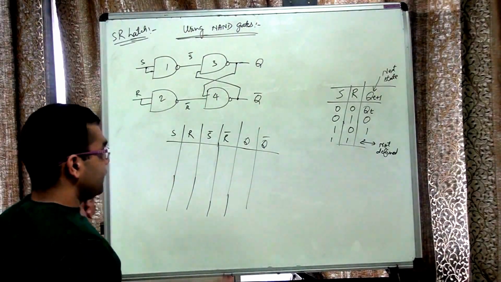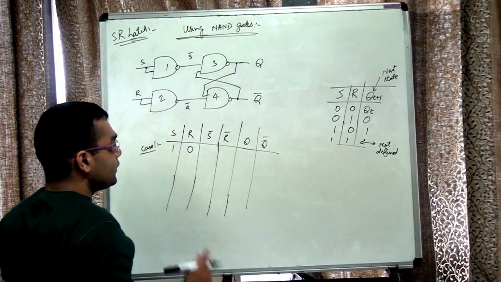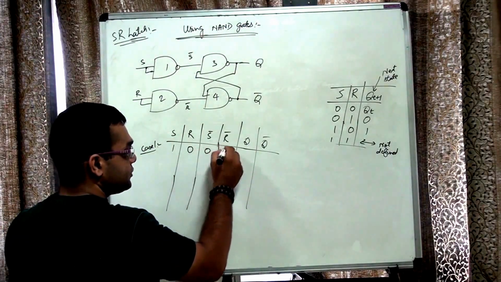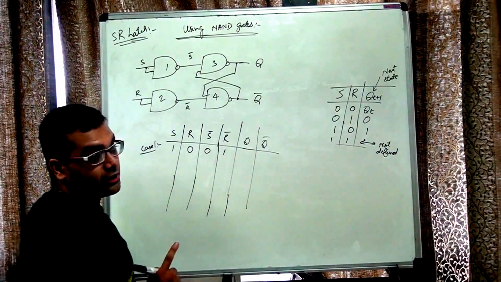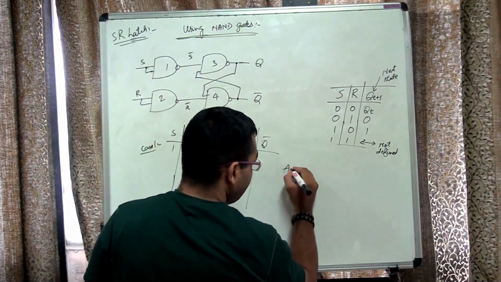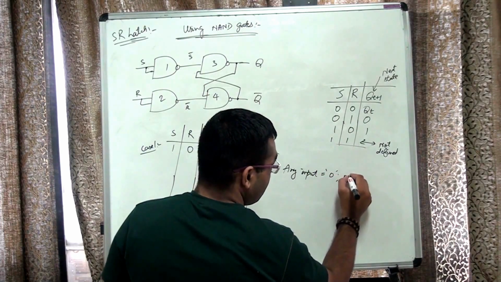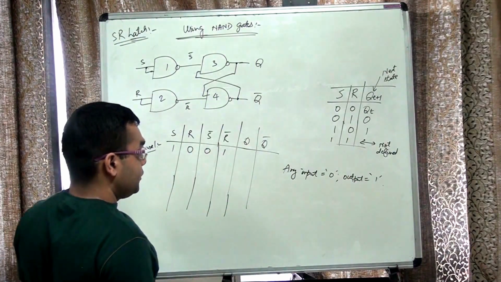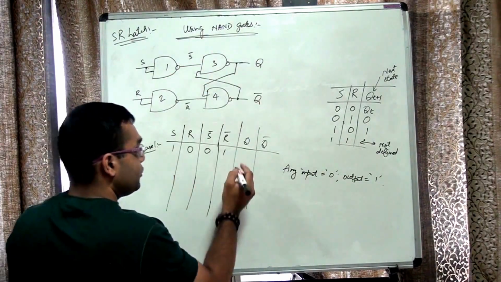Now what is the property of NAND gate? Okay, let us start again over here. So this was 1, this was 0, in our case 1. Now since S is 1, R is 0, what will be the value of S bar? This will be 0, and this will become 1. Now what is the property of our NAND gate? If any input is 0, output is definitely 1. Now S bar is the input to gate number 3. This is 0, so my Q has to be 1.